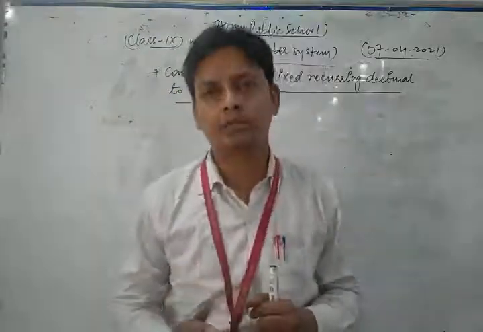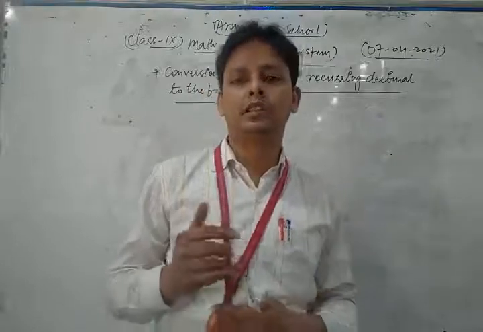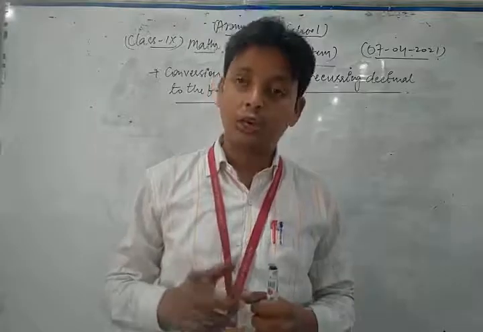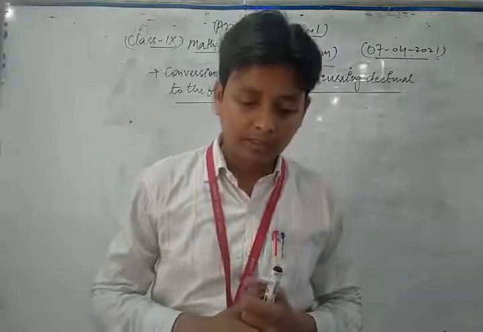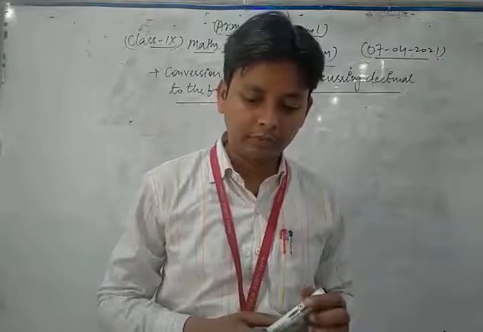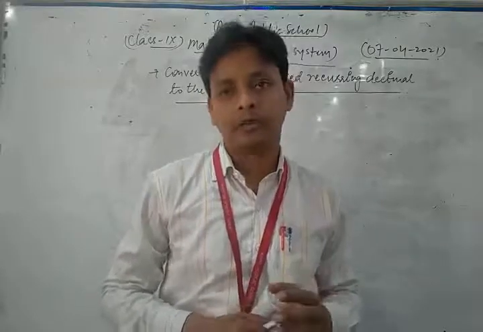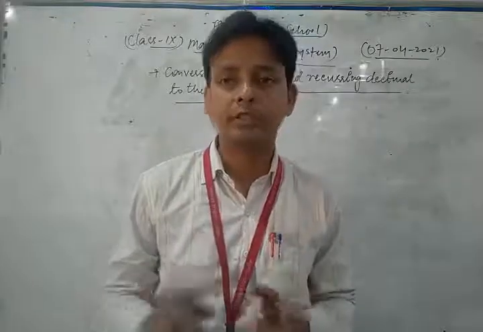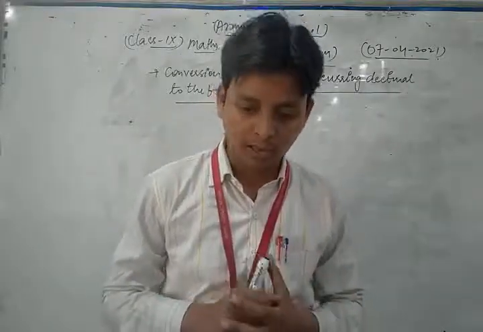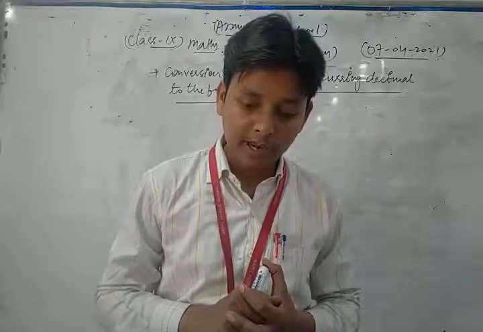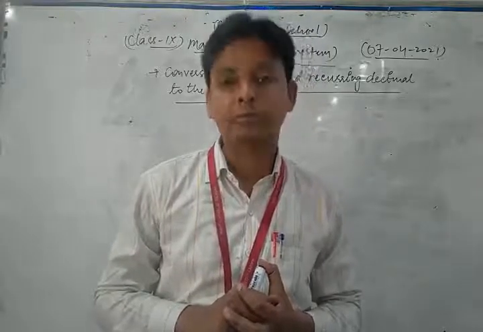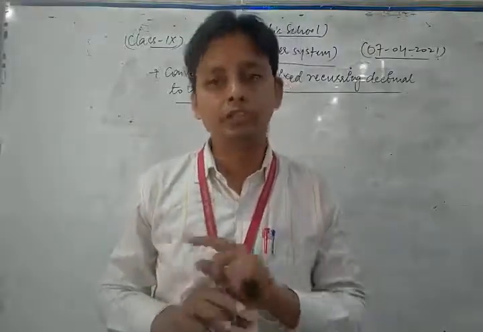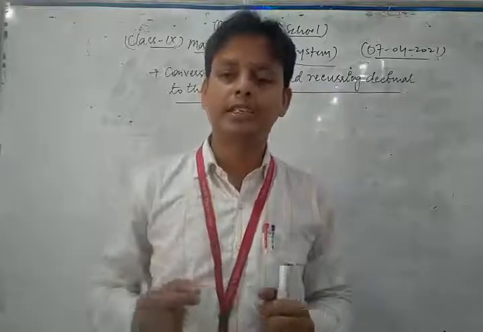First of all, we have the given recurring decimal and we take it as x. Now, in the second step, determine the number of digits after the decimal point which do not have a bar. Let there be n digits without a bar just after the decimal point.